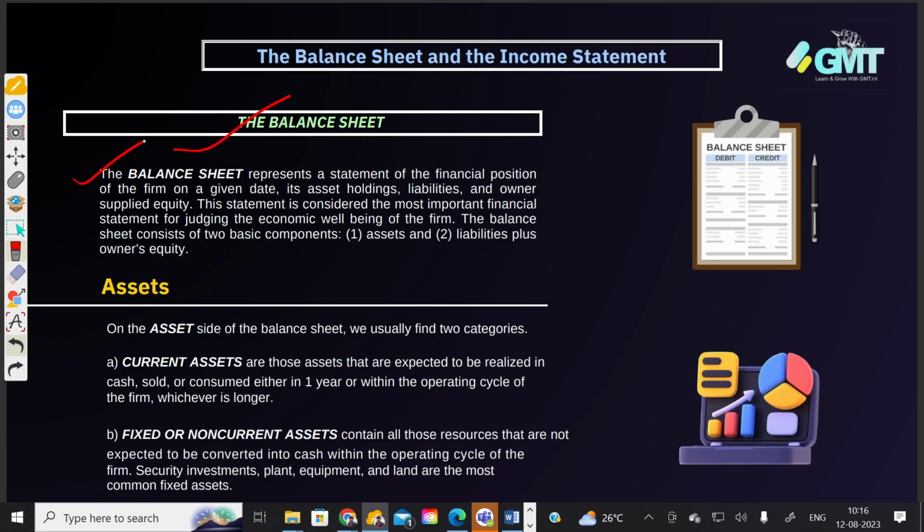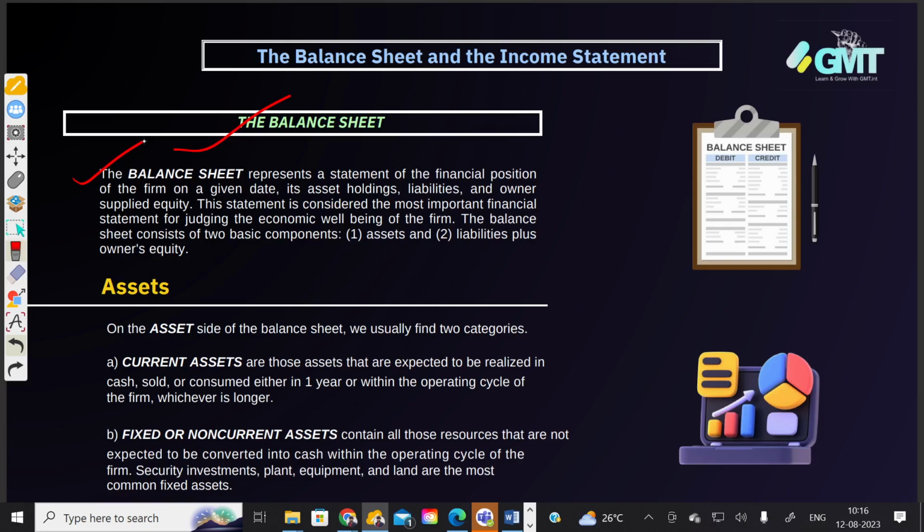So it means without a balance sheet, it would be difficult to calculate and analyze the data. But if you have a balance sheet in place, that provides you each and every piece of information, and on the basis of that, you can take investment decisions. All right. So a balance sheet represents a statement of the financial position of the firm on a given date,